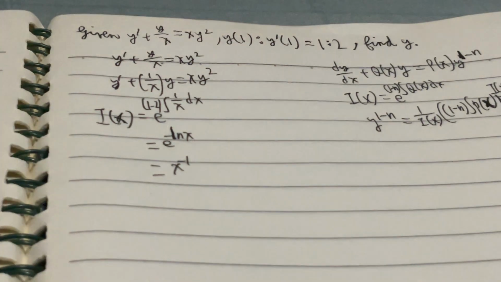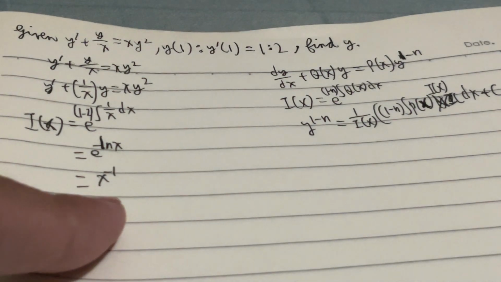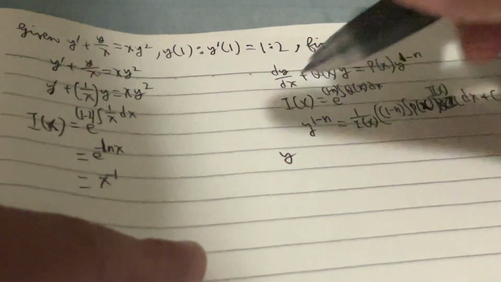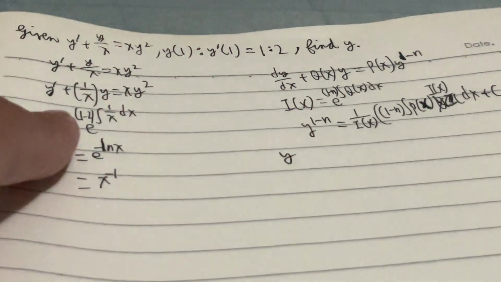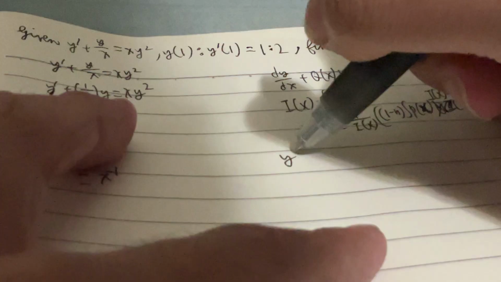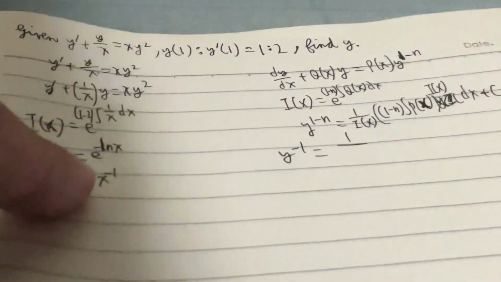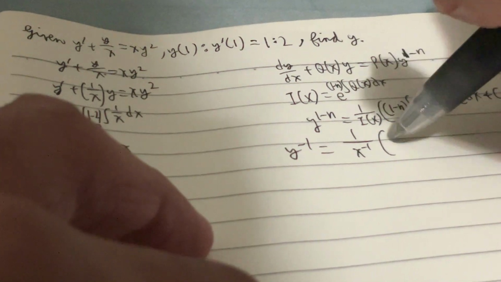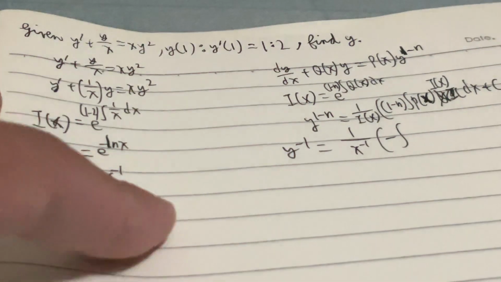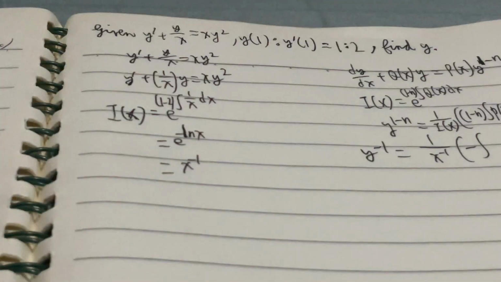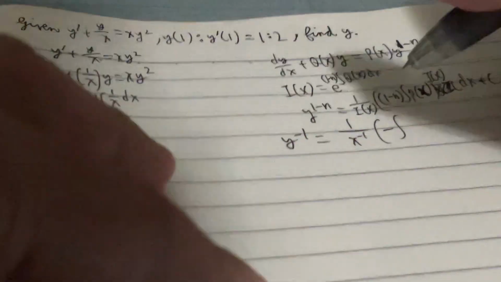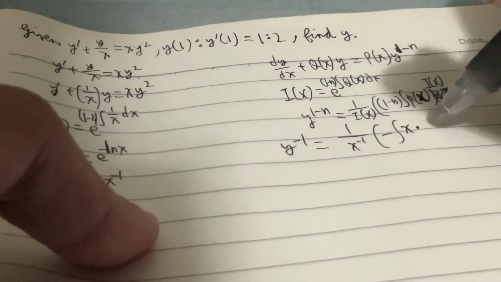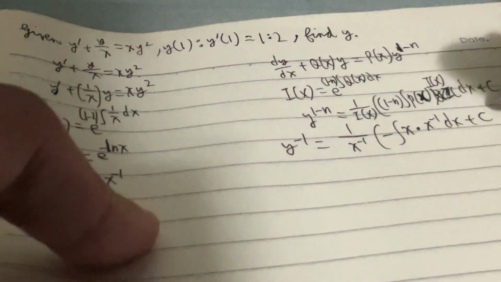After finding what the integrating factor is, we can just write down y. Use this formula. y to the power of 1 minus n, already done, which is negative 1. So y to the power of negative 1 is equal to 1 divided by the integrating factor, which is x to the power of negative 1, times 1 minus n again, so we have a negative sign here, times our p of x here. Our p here is just x. And then multiply by the integrating factor here, you get x to the power of negative 1 dx, and then plus c,